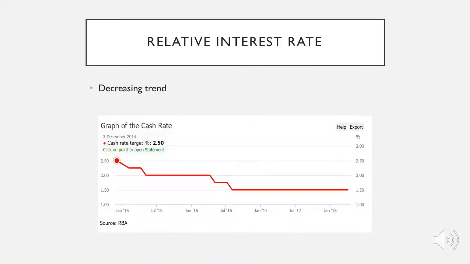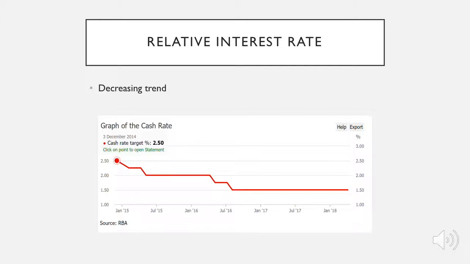This graph is the Australian interest rate over a 3-year period. In this graph, it is evident that since December 2014, there has been a decline in interest rate. With the interest rate currently at 1.5%, this is the lowest it has ever been. Looking at the graph, the rate has not moved from here since 2016. Therefore, it is likely that the interest rate will remain the same in 3 to 6 months. However, the decreasing trend of the graph suggests that there is a greater chance that the interest rate could decrease